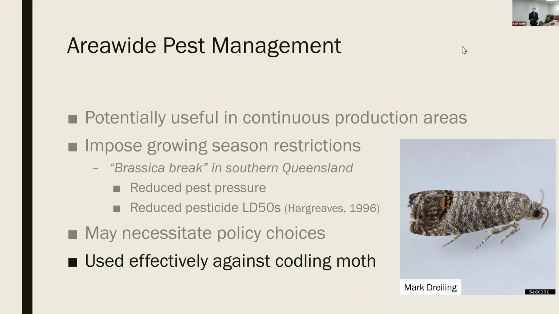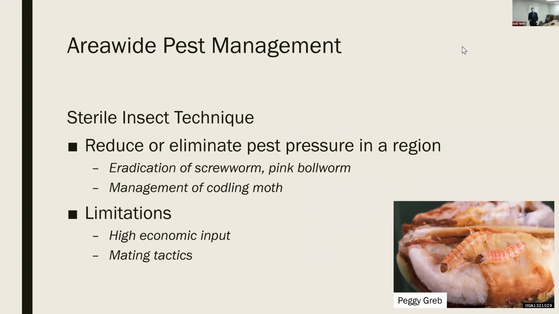Another situation where area-wide pest management has been effective in managing insect pests is in the use of and control of the codling moth in the Western United States and Canada. These programs have helped to reduce pest pressure and reduce insecticide usage in a number of stone fruit species. One aspect of area-wide pest management that is very useful and has played an important role in those codling moth programs has been the use of the sterile insect technique, in which